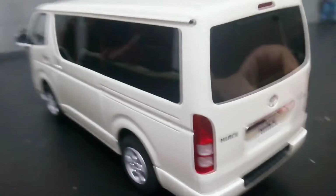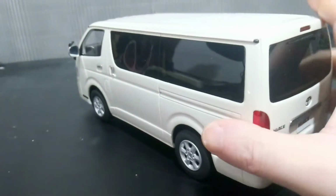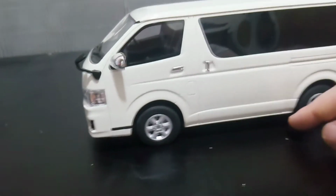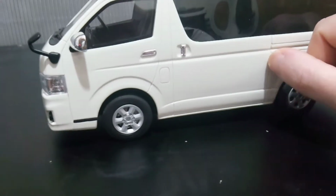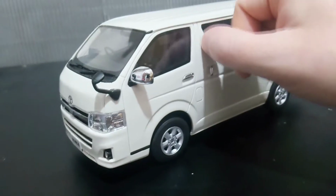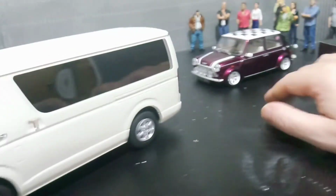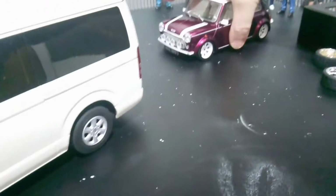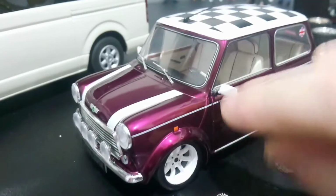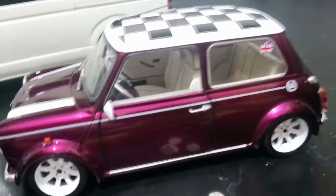But it looks very nice. It doesn't have any opening parts, it is just a resin sealed model. Sometimes the sealed models can look more realistic, just for the gaps in the doors and stuff, where sometimes the models do have opening parts. You know, if you use a Solido model and look very closely, you can see through the gaps and stuff like that, which